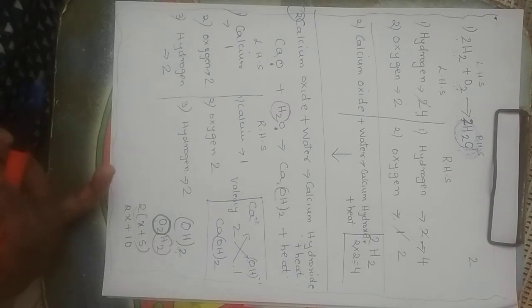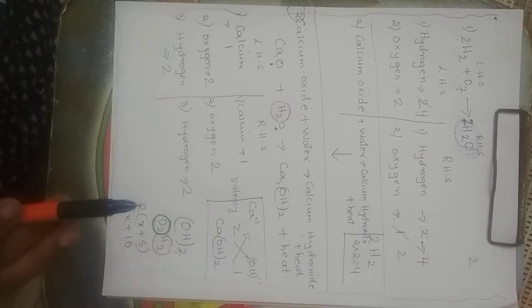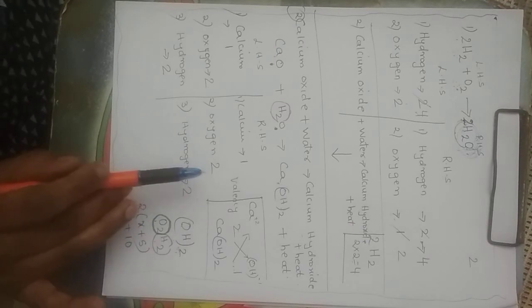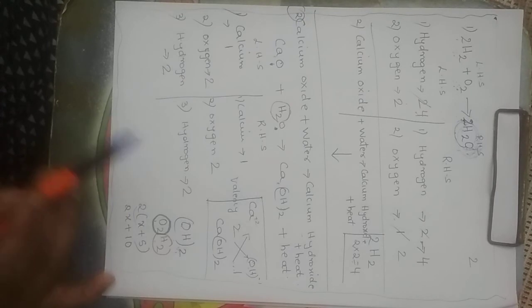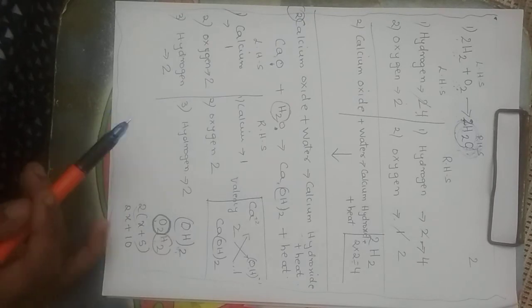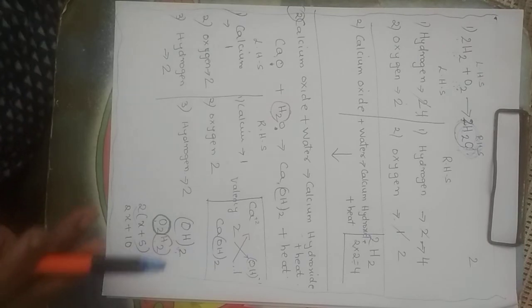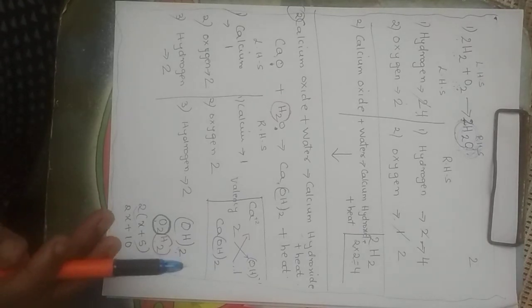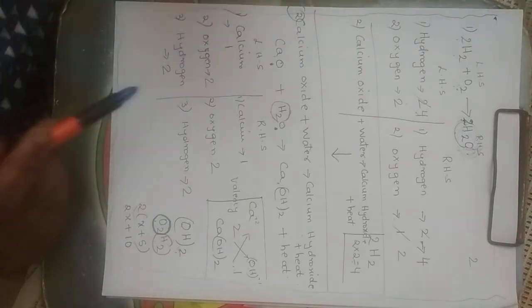Now, I had done in my starting class of chemical reactions, what is an unbalanced reaction called? Hope you all know. Before I tell the answer, you check whether you said it correctly or not. It is called a skeletal reaction. Okay, unbalanced is called skeletal. So now we have encountered a balanced and an unbalanced reaction.